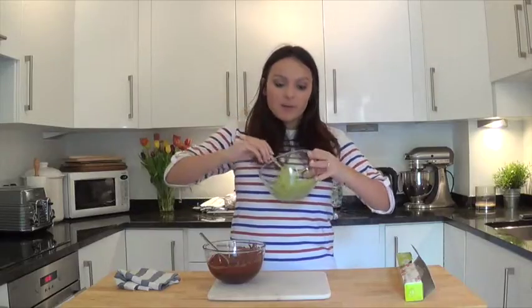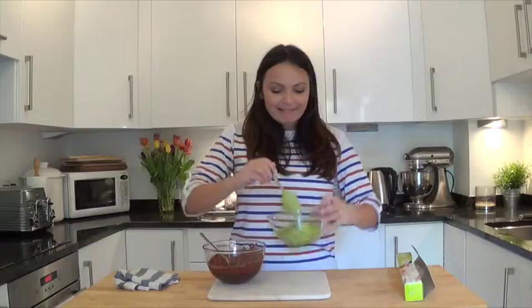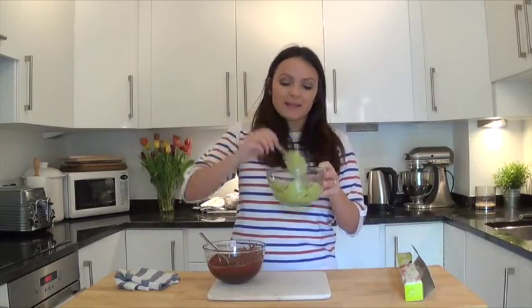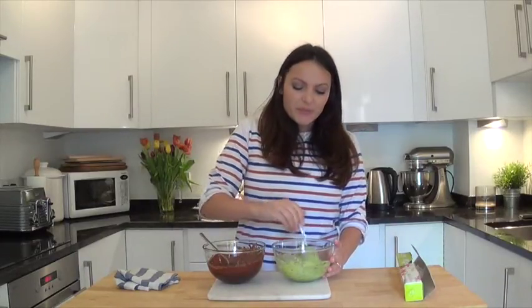So all I have here is some very, very ripe avocado that I have cut up, given a bit of a mash, and then blitzed even further in a food processor so that it's a really, really smooth paste. If your avocados are not super ripe, as mine weren't, despite what Marks and Spencer's were trying to tell me, advertised as perfectly ripe, you can...